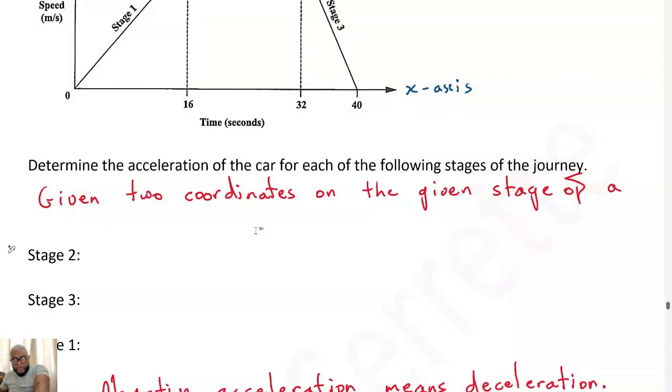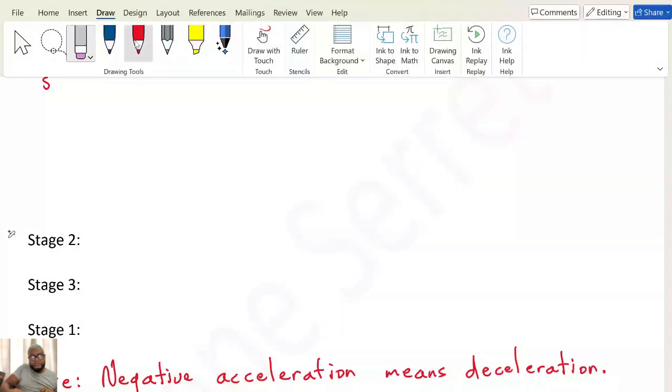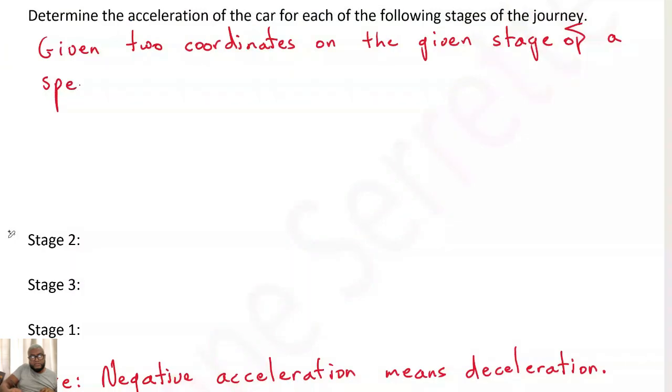So we're going to call it 2 coordinates. I have this written above, but we're writing it again. Given 2 coordinates on the given stage of a speed time graph, all right, so these coordinates will be x1, comma y1,